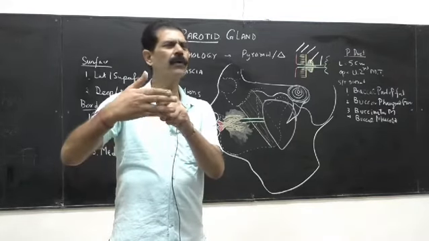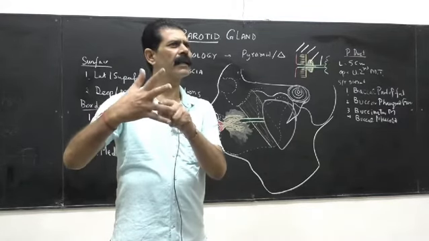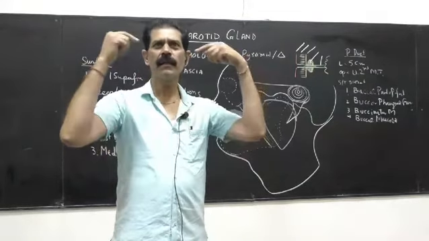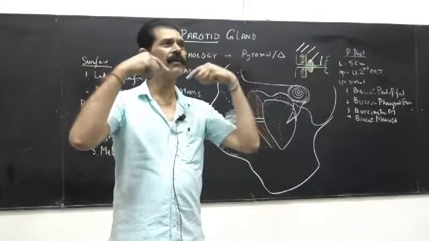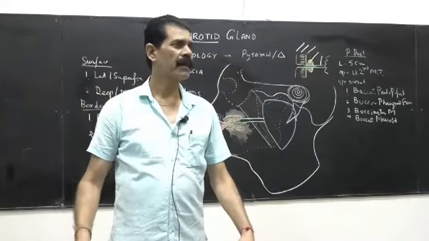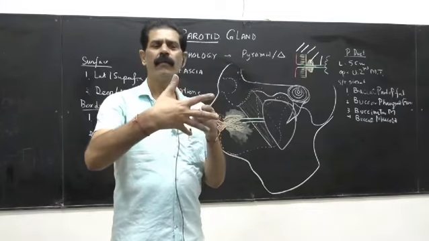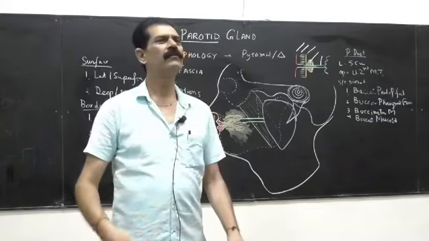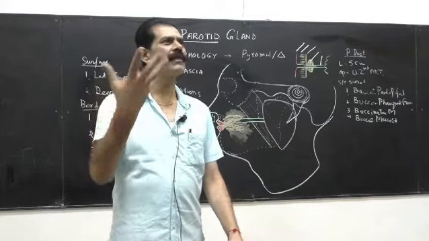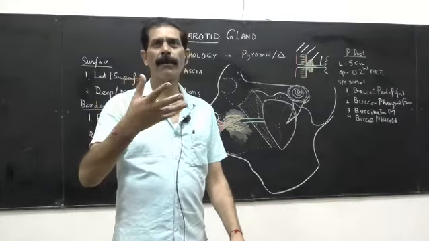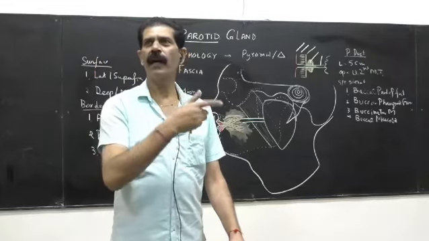As we are chewing the food, the muscle is contracting and relaxing, and the parotid duct is pressed and released. So there is a drop-by-drop addition of saliva into the mouth. This is called the pinch and cock mechanism. That's why God has passed the parotid duct obliquely through the muscle fibers of the buccinator, to regulate the saliva according to our requirement. When we are chewing the food, there is more requirement. So that is called pinch and cock.